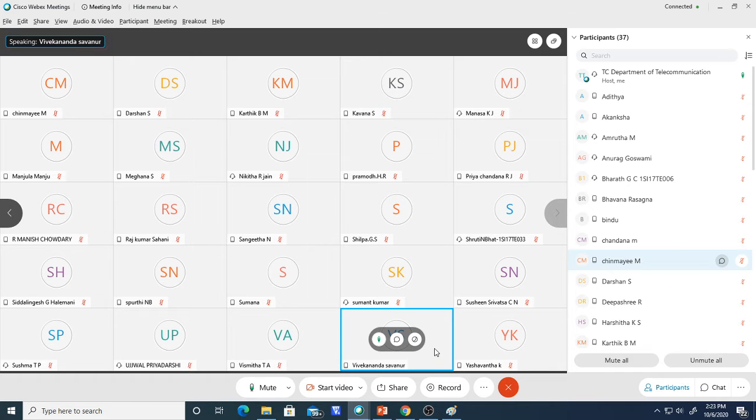Yes, sir. Any doubt in the ABCD matrix? No, sir. So why are you not logged into Moodle? It shows never accessed. Sir, I'm already logged in, sir. No, it is showing never logged in. Sir, I already set the password. Many people are not logged in. So try to log in and see, and also upload the assignment by tomorrow. Okay. Otherwise, it will be difficult while doing the quiz.